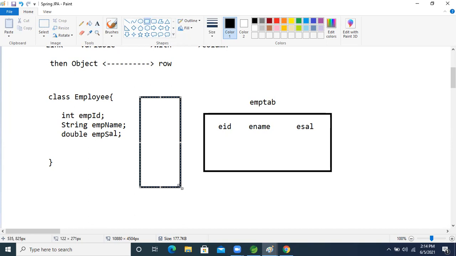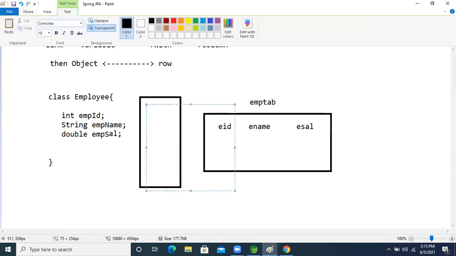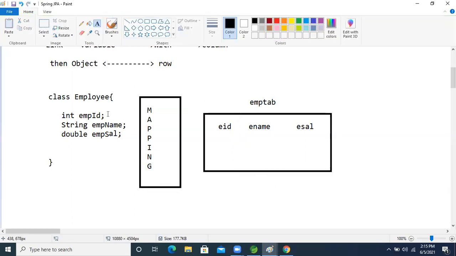This is nothing but mapping. So you have to follow this rule.